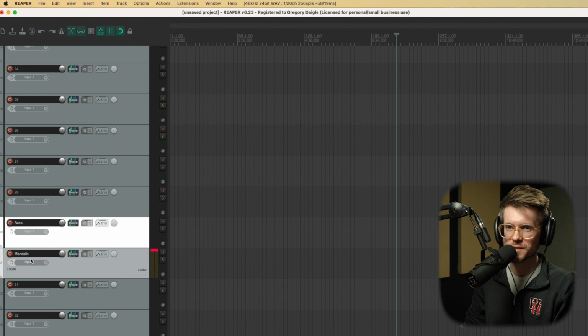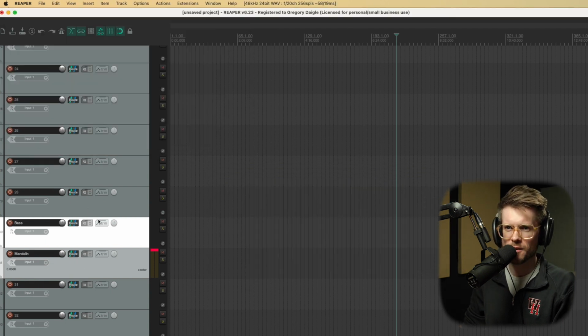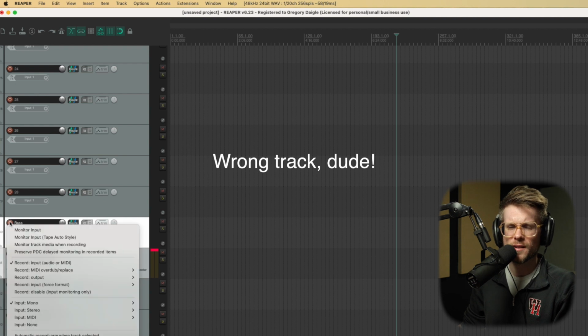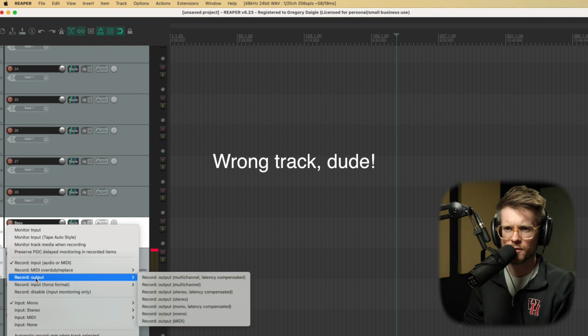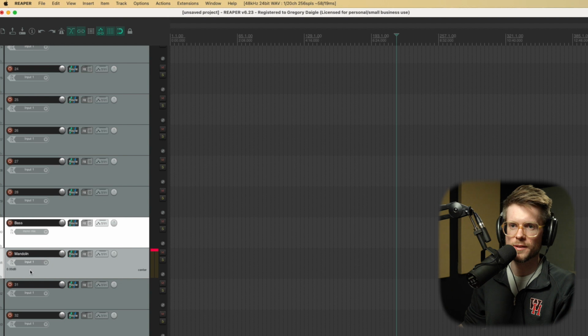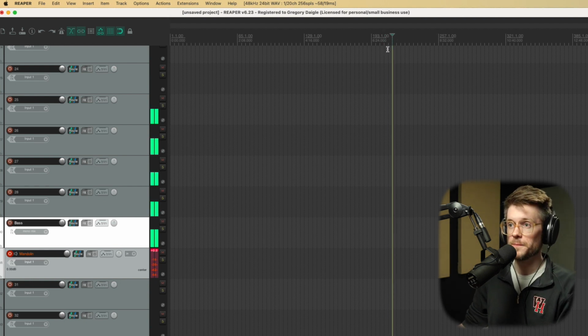I also do this when I'm tuning vocals, is you go to your input. Oops, sorry. I normally have a theme on here, so I'm kind of flying blind by using the default theme, but I have a theme that makes it look like Pro Tools. So when you right click on your record button there on your arm, go record output, and then I usually do mono just because all of these tracks are mono. So I go mono, and now when I record, let me find where I want. Sure, let's take that. So now when I record,